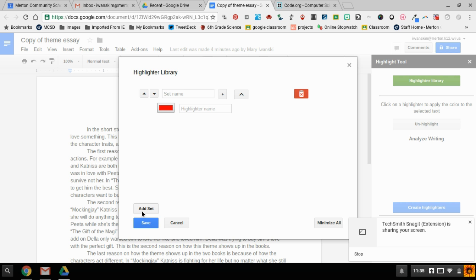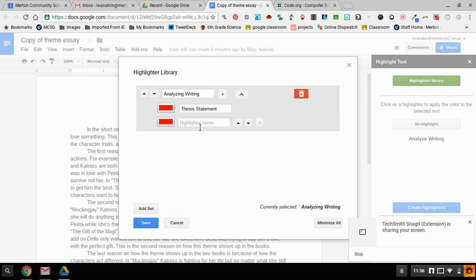I might say, okay, we need to make a set of highlighters for today's assignment. Today you're going to be analyzing your own writing. So it might say Analyzing Writing. And then you need to make 3 highlighters. One of your highlighters is going to be thesis statement, one is going to be evidence for thesis, and one is going to be analysis